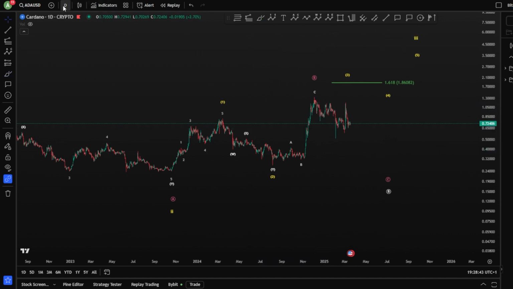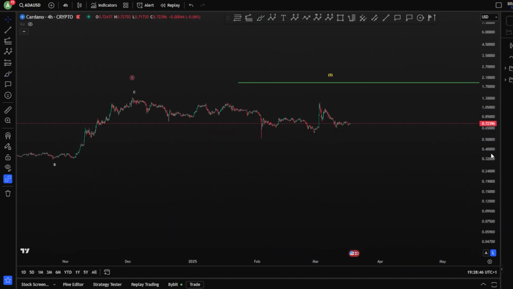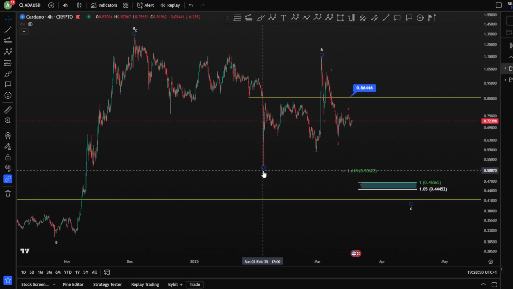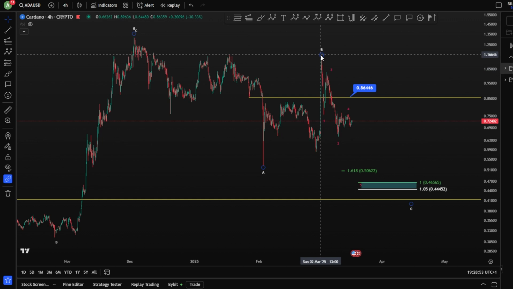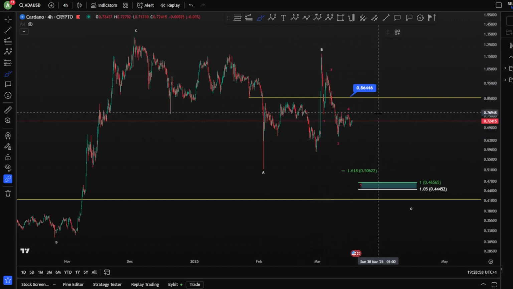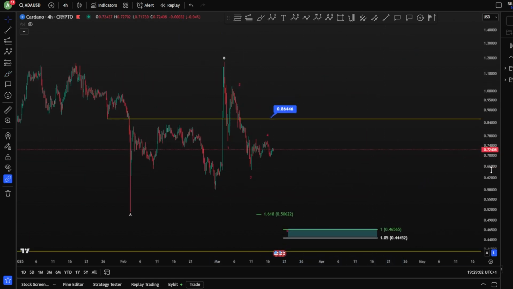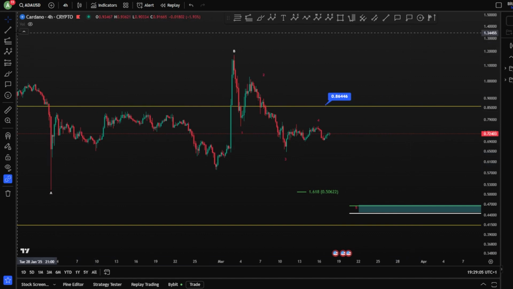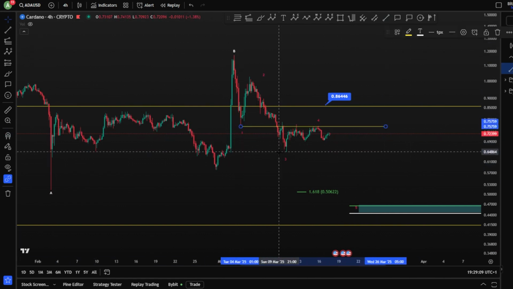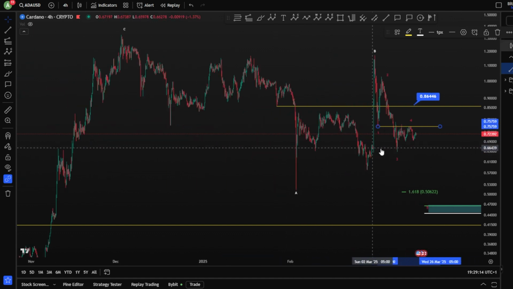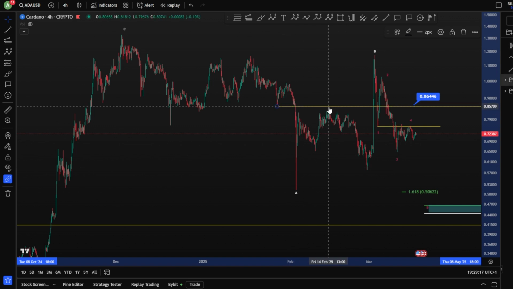If we take a closer look on the 4-hour chart here for our scenario, we take of course this into consideration as a wave A, 3 waves toward the upside for a wave B, and of course 1, 2, 3, 4, and a 5. However, currently we have kind of invalidated this impulse even toward the downside. As you can see, this is your wave 1 here, and this is our wave 4. If we have A, B, and a C, it has already invalidated this impulse toward the downside,